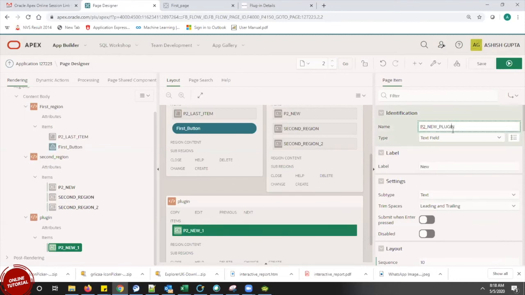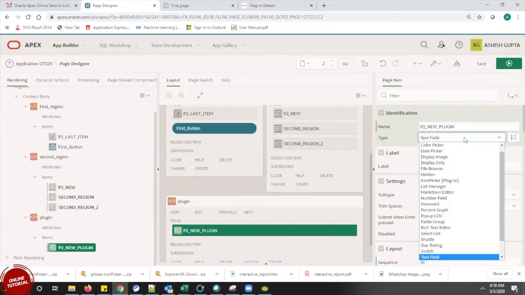Once I click on creating this item, if you see in this drop down, previously when we had seen it, this icon picker plugin didn't come over here. Now I can see this icon picker plugin. This is nothing but the plugin that we have installed just now. Similarly, this was an item, that is why it came in an item when I'm creating. If it would be a region, at the time of creating the region, we can see the types there.